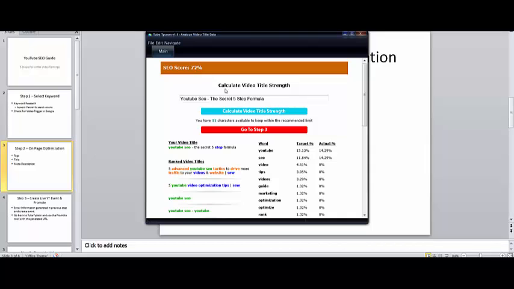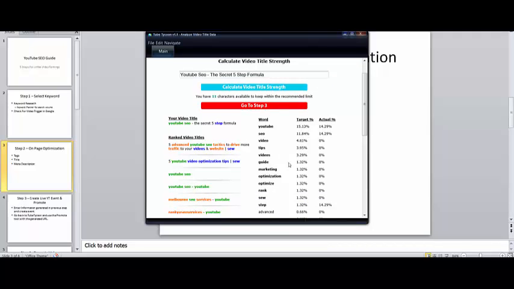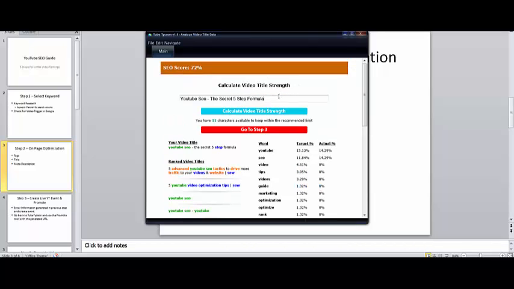So right now my SEO score is 72% with this title. Alright, and you can keep playing around with it, and you might want to add some different things in here. So right now it's telling me, guide, the target is 1.32% in the title, and I have 0%. So if I were to put in guide here, and then I calculate video strength now, so it just went